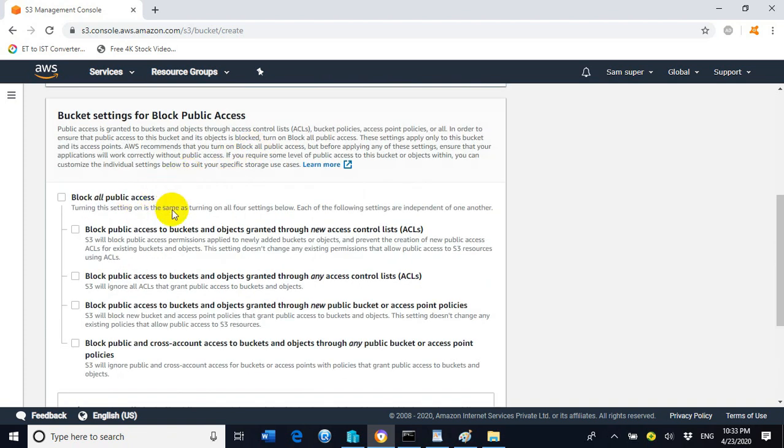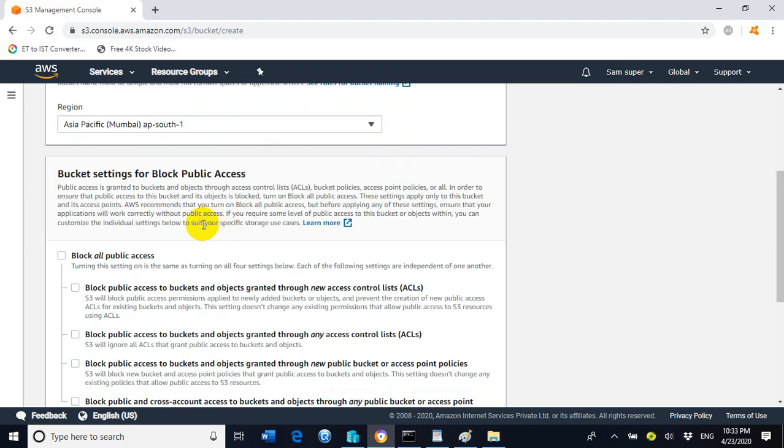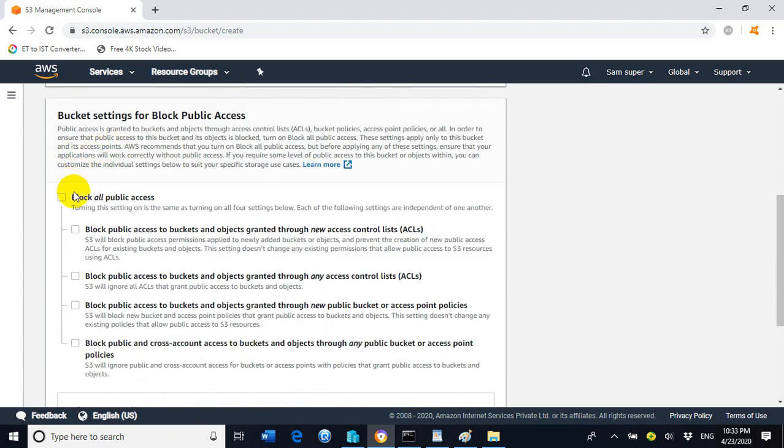You cannot give access to this object to a known person for accessing your file or folder remotely. Your bucket cannot be accessed by other people through the internet if you do not make it publicly available. So we need to uncheck this option.